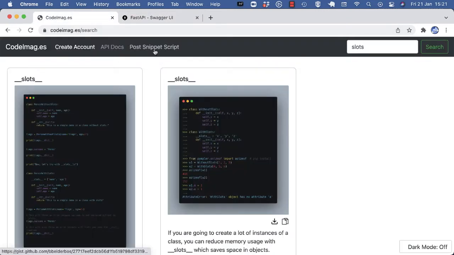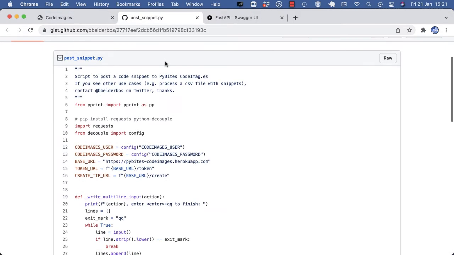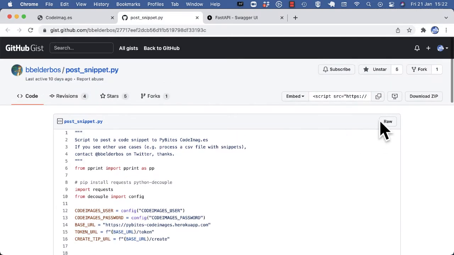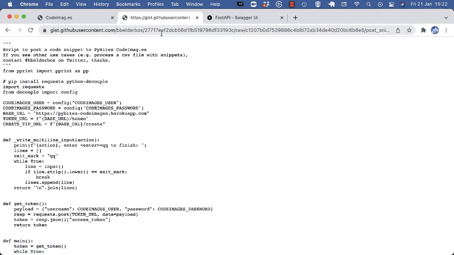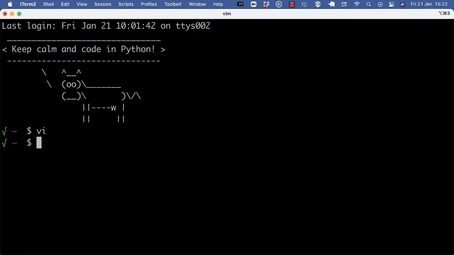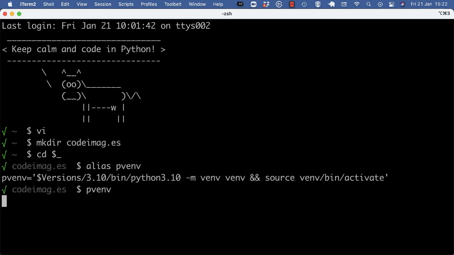To make this easier, I made this post snippet script. This you can just download to your local machine. So let's actually do this end to end. So you do need to make a virtual environment. I use this alias. So just download the